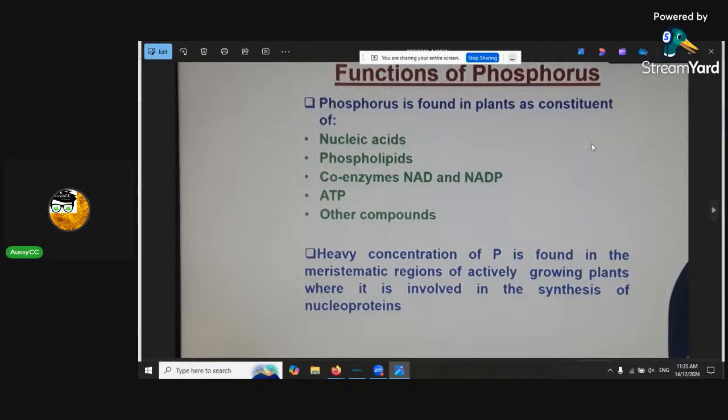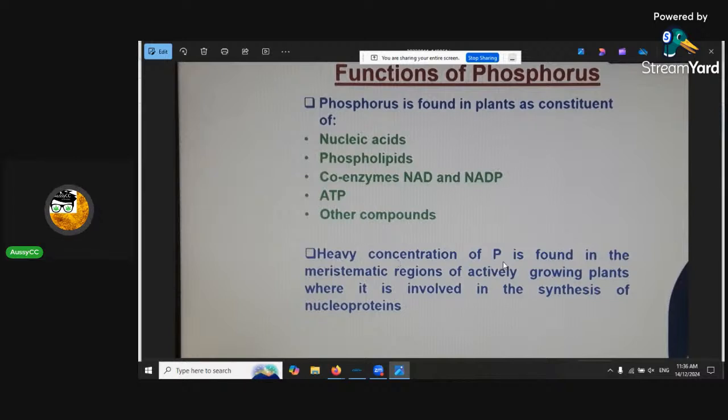The functions of phosphorus: it is found in plants as nucleic acids, phospholipids, coenzyme NADP and NADPH, ADP, and other compounds. So if you were to get your plant material for organics, you would know that the minerals are bound up. That means they're immobilized in the plant material or organic matter, and this is how we would get phosphorus. So you'd hope that all the enzymes, the protein, and other compounds are retained, so that you can extract them later on and use them once the microbes break it down.